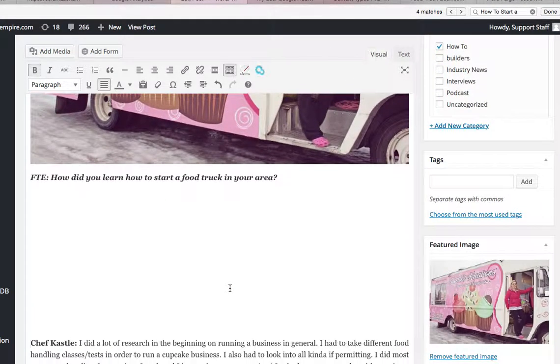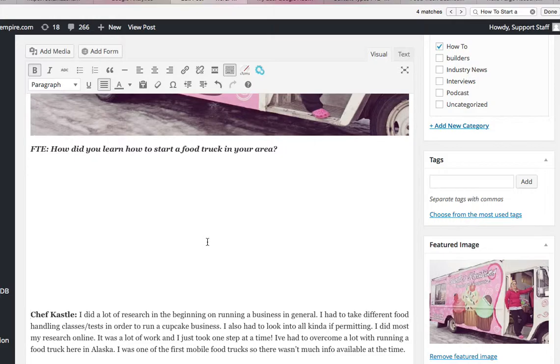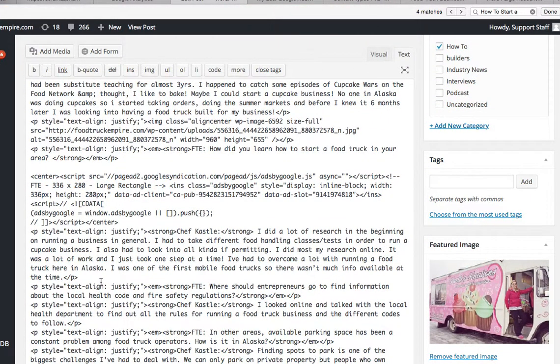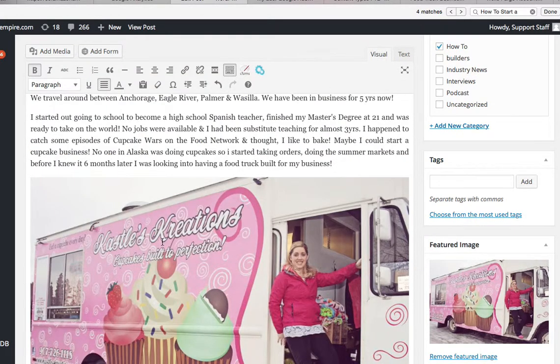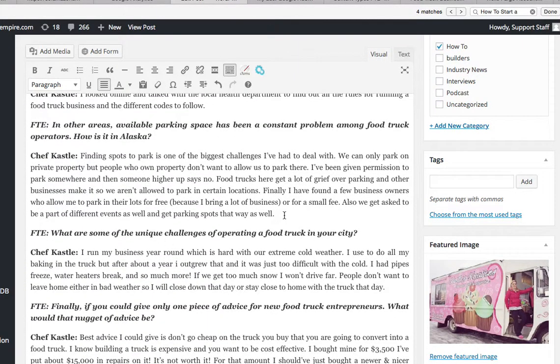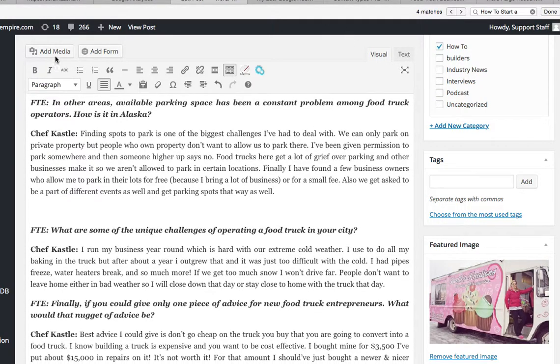Now, when you take a look at this in the preview, you'll probably see a blank space here. That's totally fine. That's just kind of what it looks like when you put in this type of code. So put in that first piece of code. The second thing that I want to do is put in, probably underneath one of the paragraph points, a